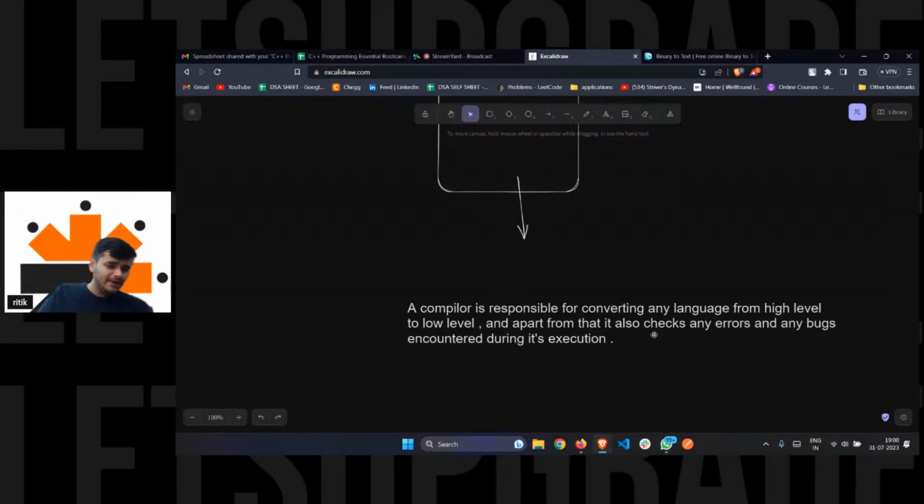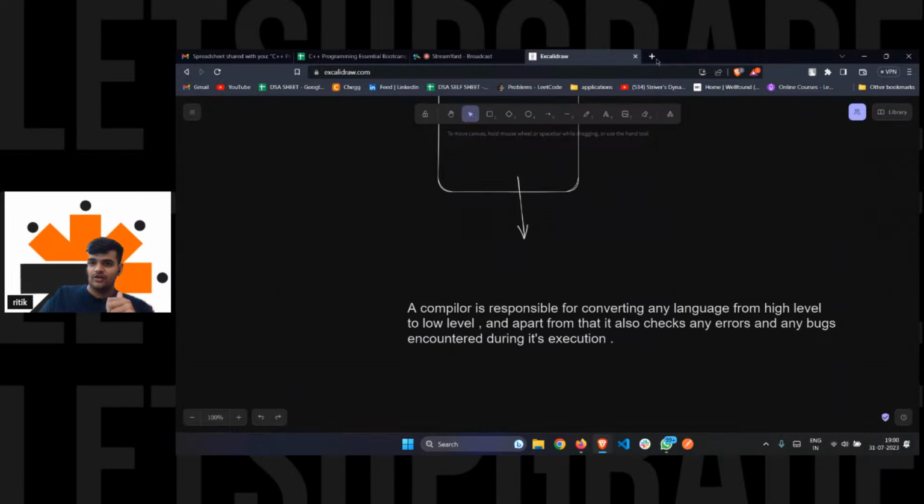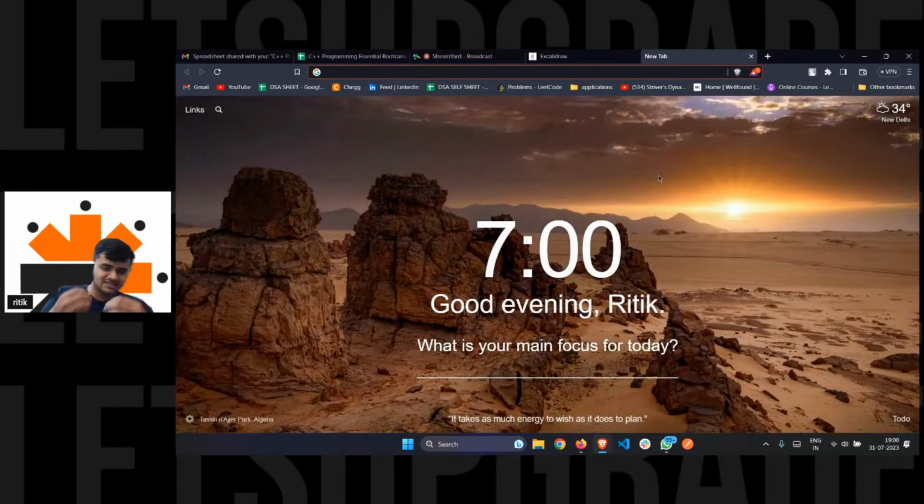So talking about compilers, let's quickly jump onto compilers, and let me tell you how to download them. For downloading a compiler, first of all, you need an IDE. What is an IDE? It stands for integrated development environment. In an environment, you'll be able to run your compiler.